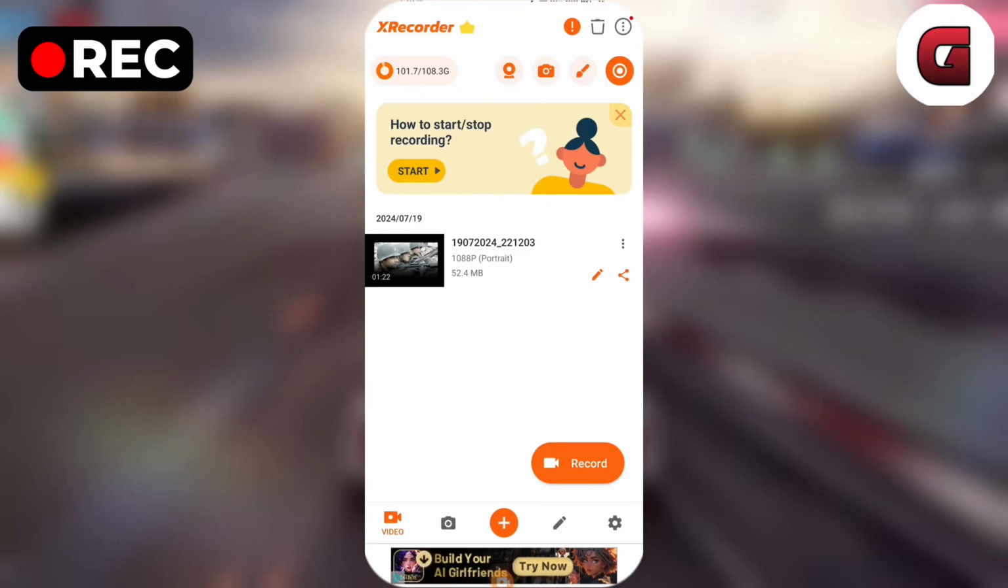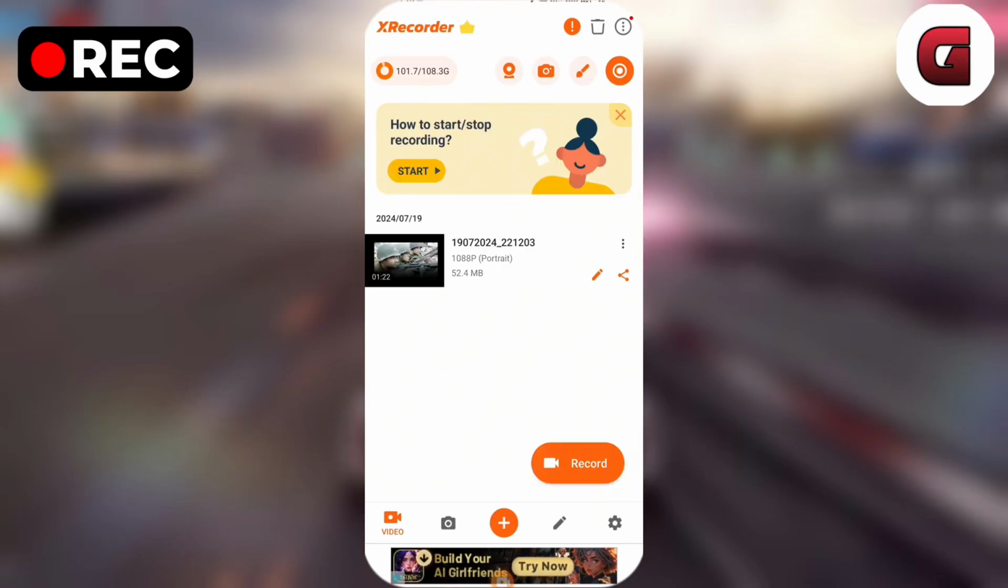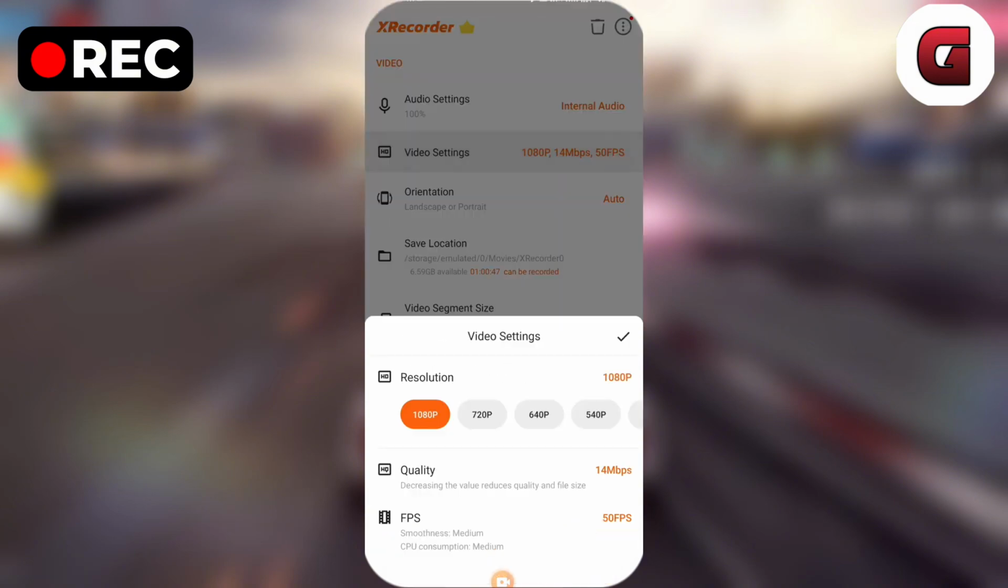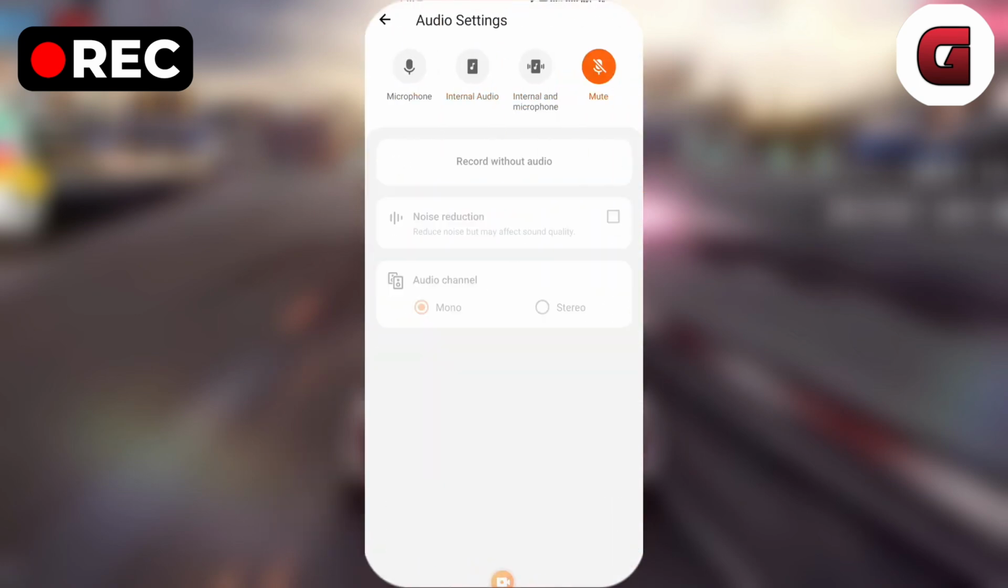So for the first app to record your screen in high quality is X-Recorder. So X-Recorder is a fantastic choice for both Android and iOS users since it has a pretty good interface and doesn't have a watermark. Additionally, you'll also find it easy to customize your recording settings right here, including quality, resolution, and frame rate, and you can also select your audio sources such as internal audio, to ensure your recordings meet